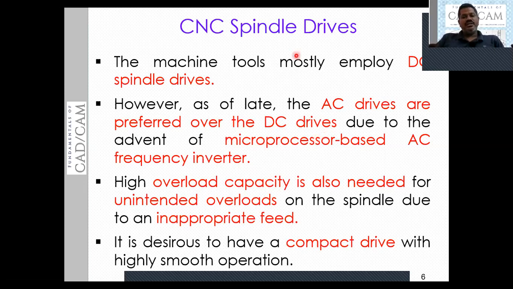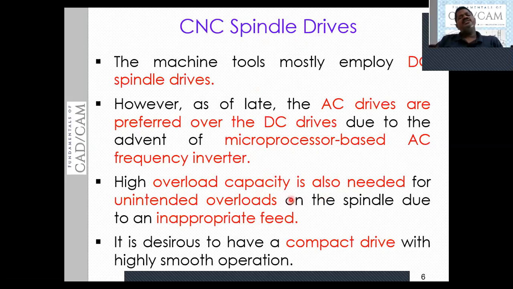So the spindle drive also must have overload capacity, because while performing the work on the workpiece with the tool, sometimes overload may happen during the work due to friction. So there must be overload capacity given to the spindle drive. That means the spindle drive must be able to sustain the overload also. Okay, so this is a very, very important requirement for the spindle drive. It must be capable of withstanding overloads.